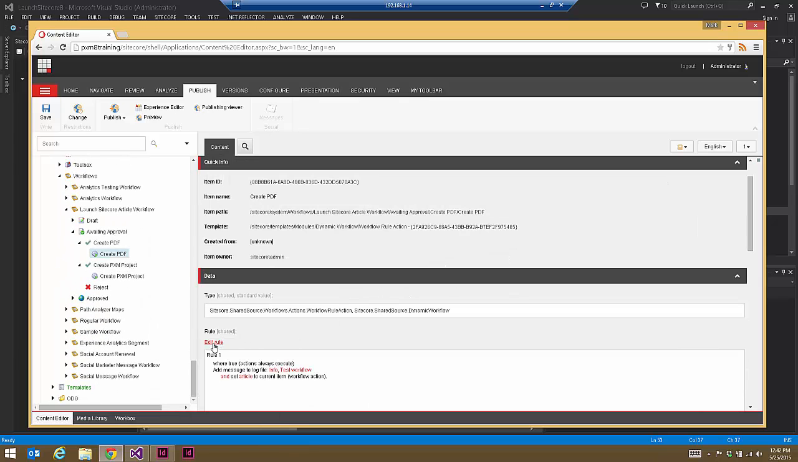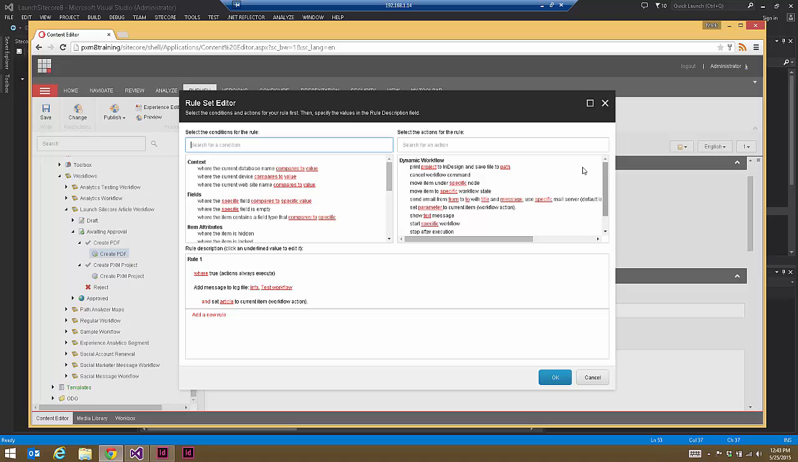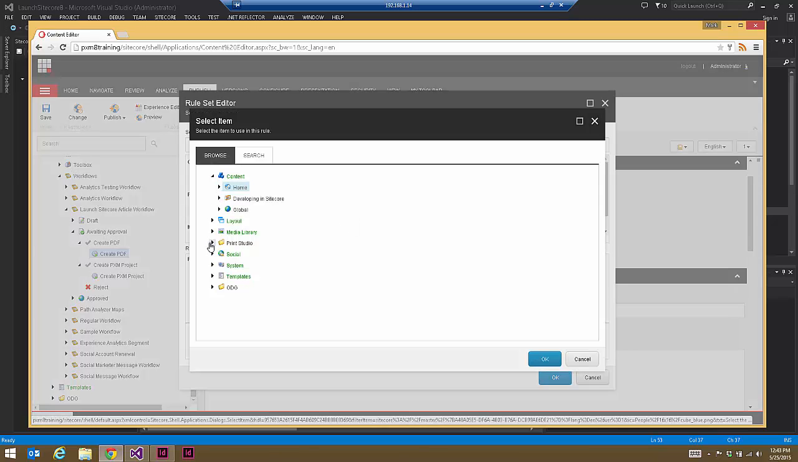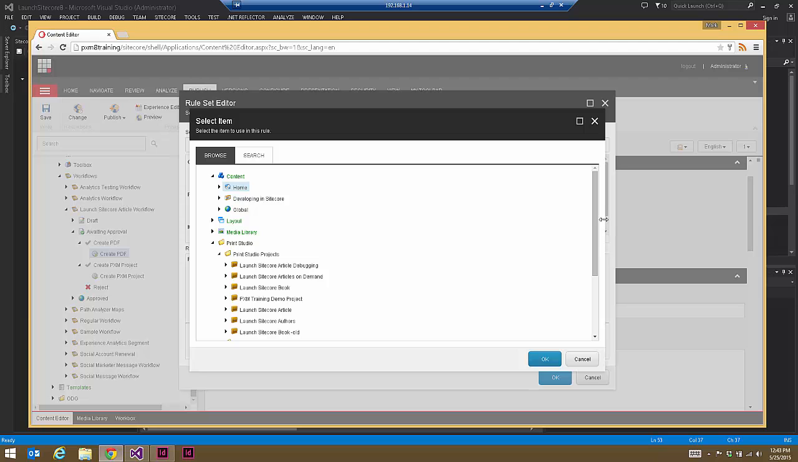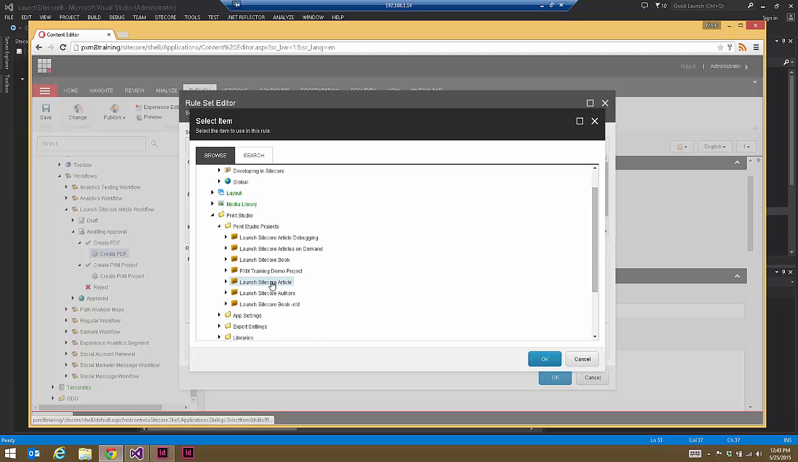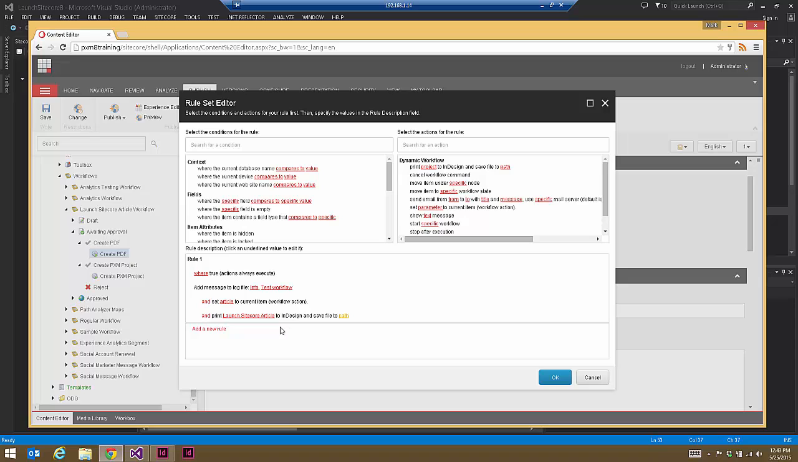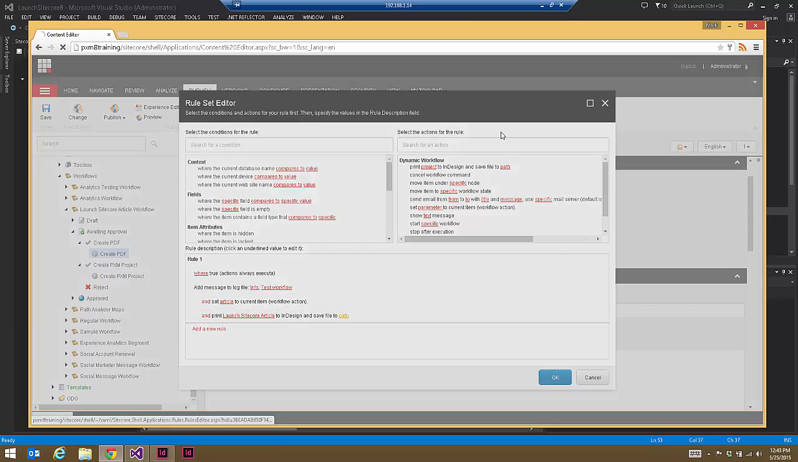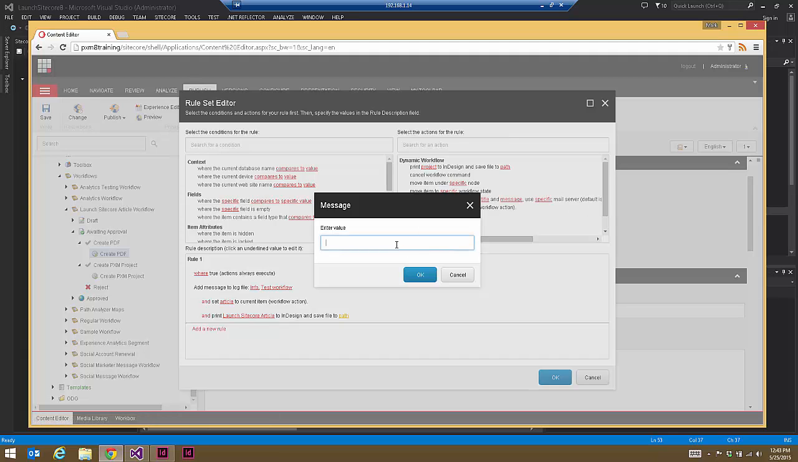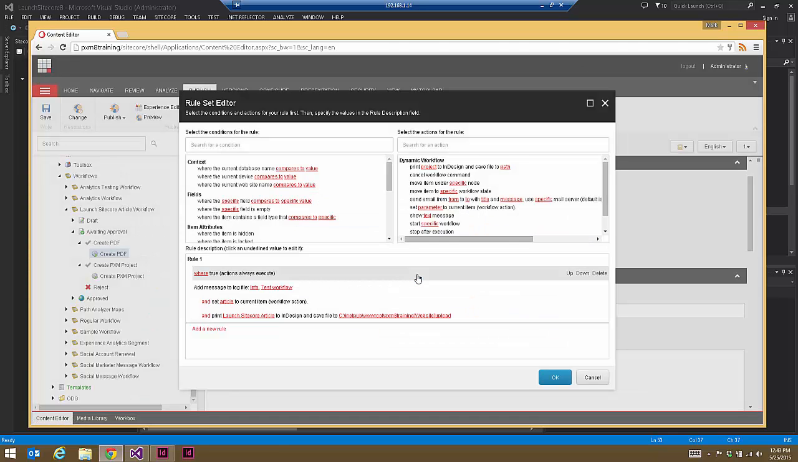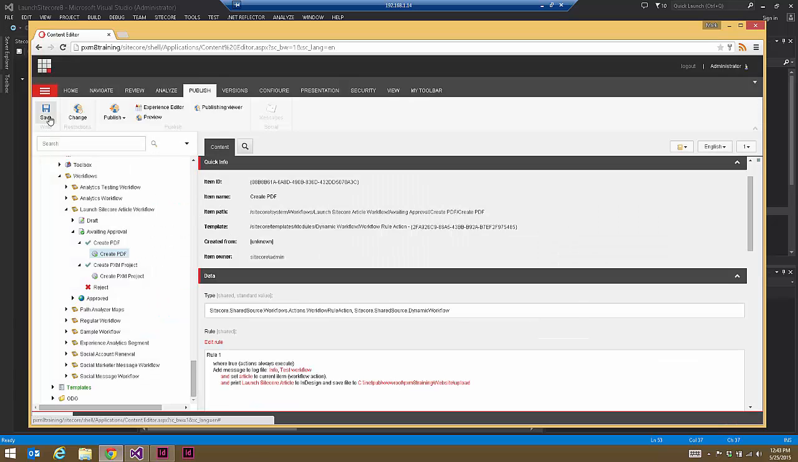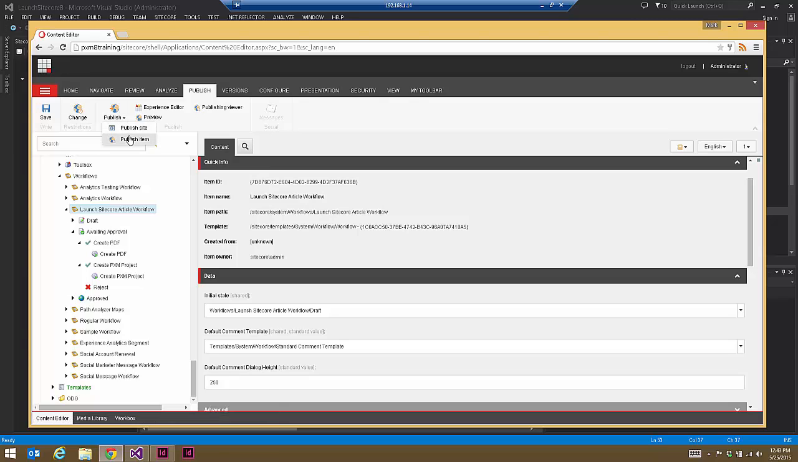So we're going to add a new rule action. And so here we have our print project to InDesign and save file to path. So our project is this. We want to use our launch Sitecore article. So that's that single article. And we want to save to an existing path. And that is the path. And we will say OK and save that, and make sure that in our case here, let's publish out the